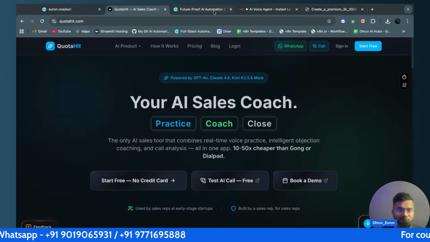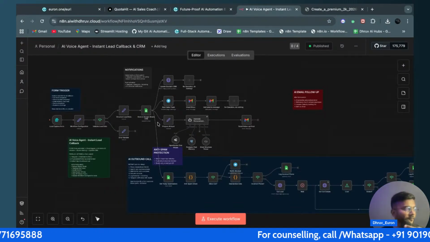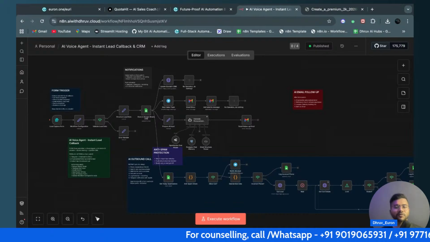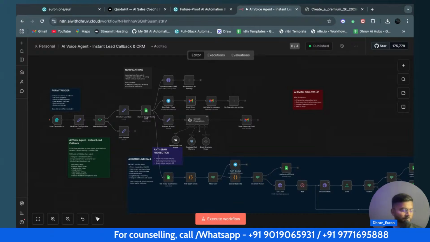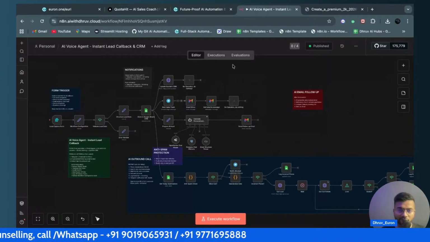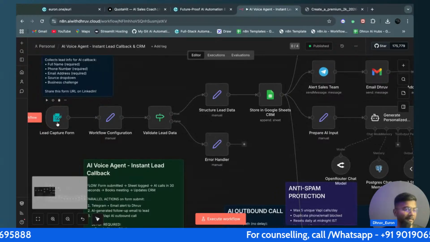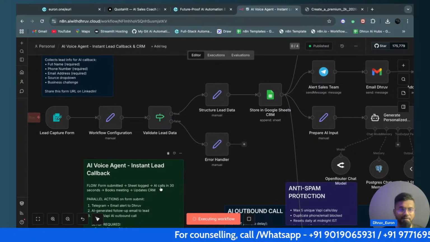So the workflow that I'm going to explain right now is a production level workflow. It means everyone wants to use it, whether on their website, in their form, or in lead management, any kind of thing. So over here, as soon as I click, you can see we have a lead capture form. Once I click here,